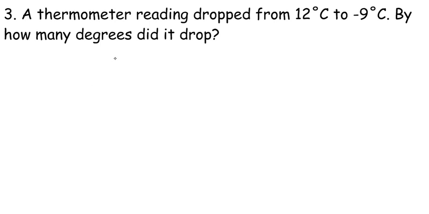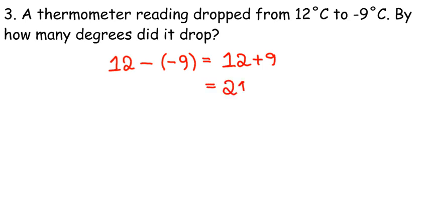So I am doing 12 take away negative 9. Okay, don't have a calculator, so I want to make sure 100% I know how to do this. Taking away a negative number, we think back to when we first learned about integers, the same as adding on the same number. So that's just 12 plus 9, or a drop of 21 degrees